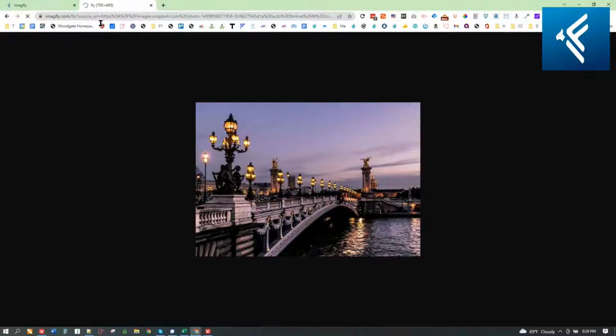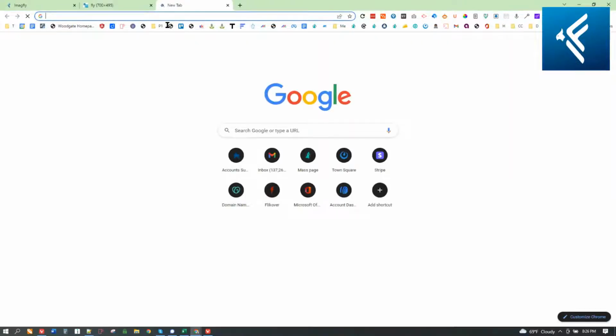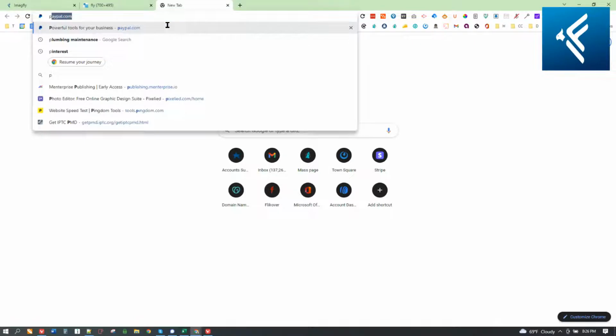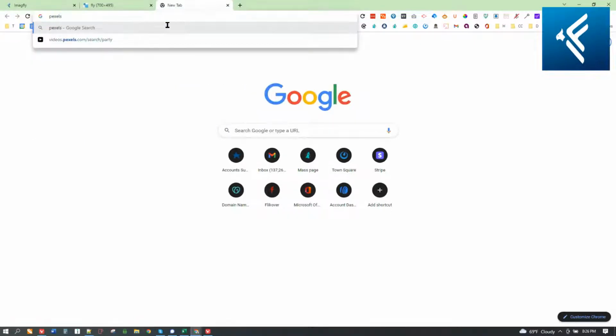Okay, the cool thing about ImagFly is this right here is the Unsplash URL. So let's just go look for, I don't know, Pexels.